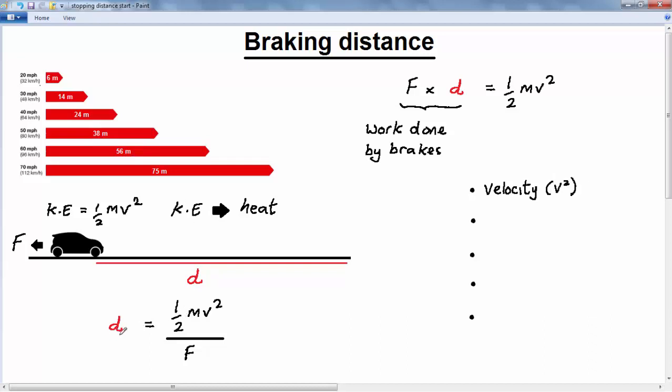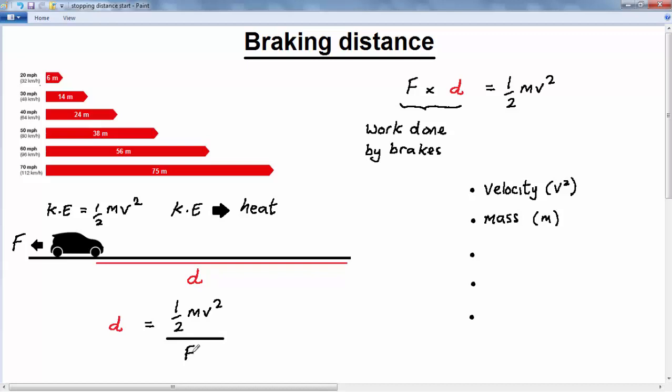Likewise, you'll notice that the braking distance depends on the mass of the car. So if you're driving, for example, on your own, then the braking distance isn't the same as if you've got a car full of people and you're going on a holiday with a whole load of luggage on top of the car. So if you increase the mass, then you will increase the braking distance. This time it's a direct proportionality. So if I double the mass of the car, then I double the braking distance. So we'll put mass of car,